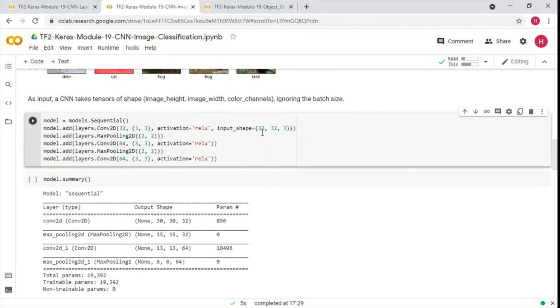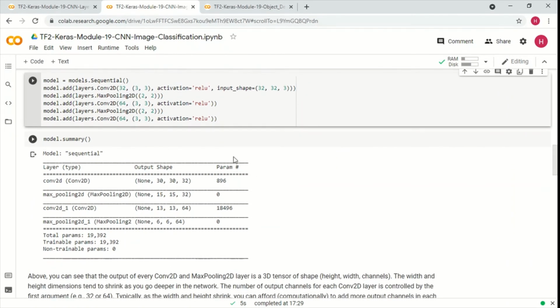The input shape is 32 by 32 into 3 color channels. Now since we are applying a 3 by 3 filter, we are getting 30 into 30 and 32 channels, the 32 filters that we have, and then we have 64 because we have 64 here, and this is reduced to half by applying the max pooling layer.